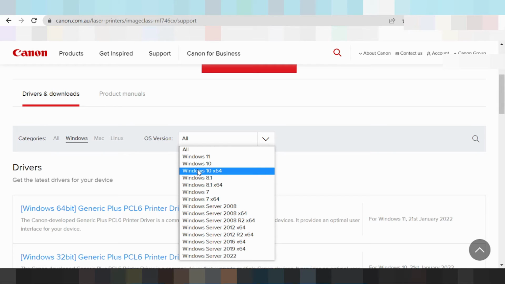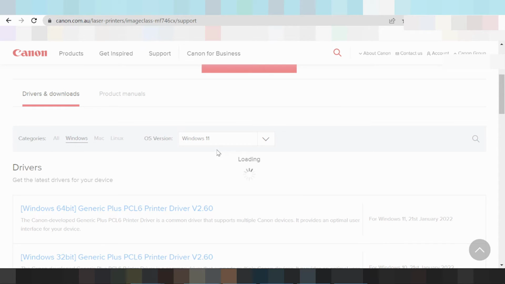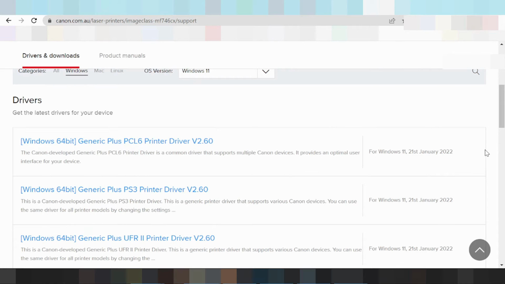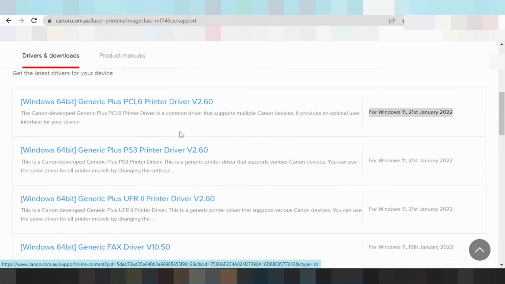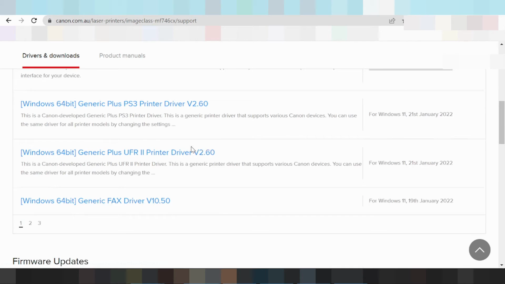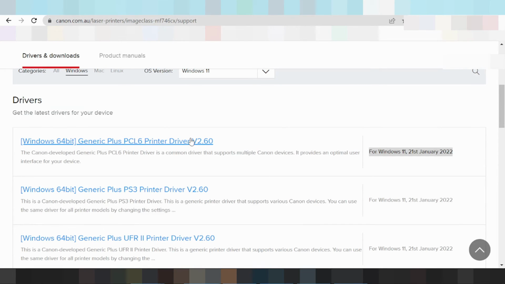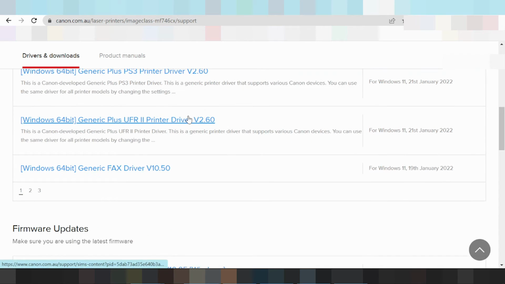You click here the driver Windows 11, and click here. Select here Windows 11. You are looking at this here the Windows 11 and the new update for Windows 11, and this here the Generic Plus driver print and the minus driver print not including the package. If you download one by one for the driver,